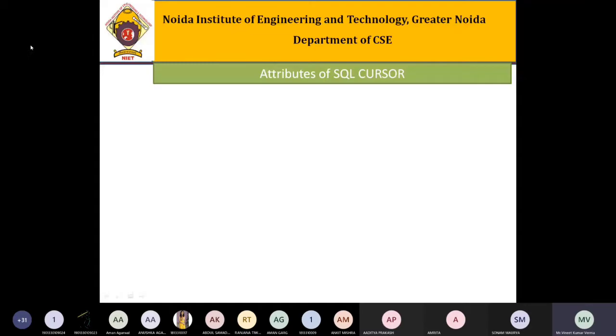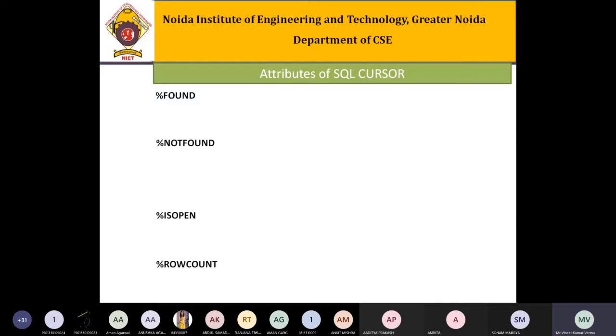There are some attributes associated with the implicit cursor. These attributes are %FOUND, %NOTFOUND, %ISOPEN, and %ROWCOUNT. There are four attributes associated with an implicit cursor. One is %FOUND. This %FOUND returns true whenever an SQL statement returns one or more rows.